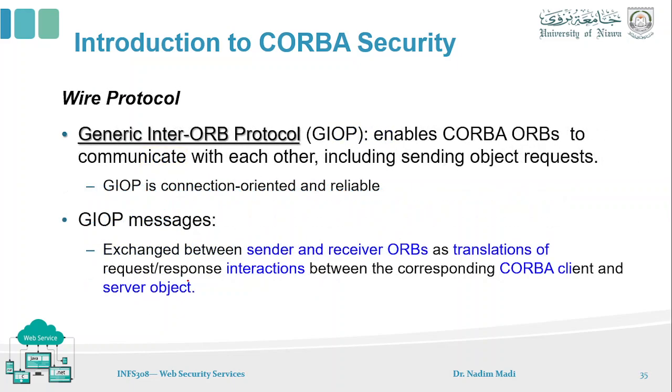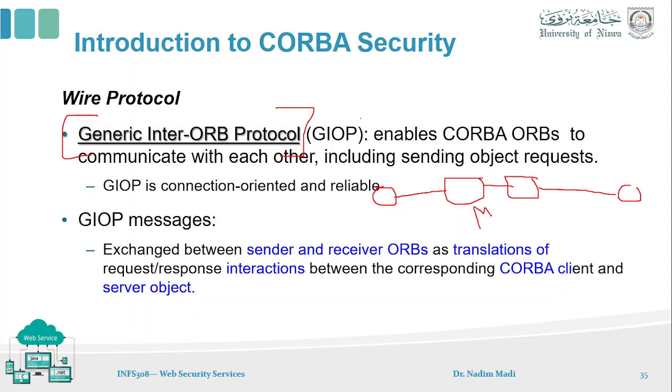طبعا CORBA, of course, in order to send and receive messages between itself and either the client or the target server, it has to use a specific set of procedures أو ما يسمى بالبروتوكول. في عنا protocol هنا يستخدم داخل الميدلوير, we call it the General Inter-ORB Protocol. So this enables ORBs to communicate with each other. ممكن يتم الاتصال ما بين one middleware and another middleware. يعني تحديدا في بعض السيناريوهات اللي ممكن يكون في عندنا أكثر من middleware in the way of the message.